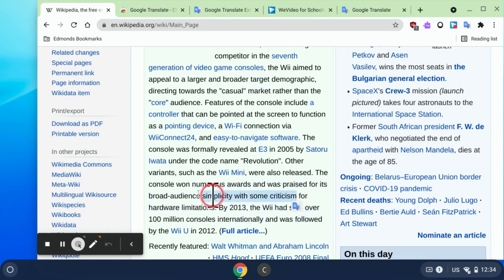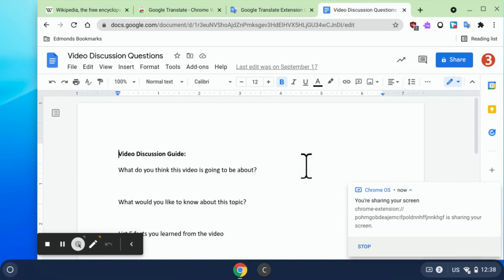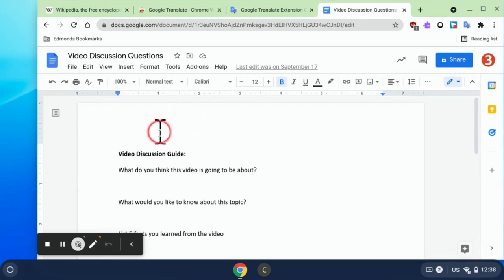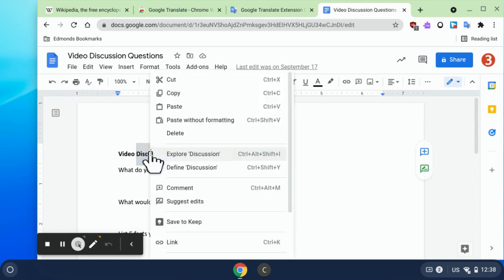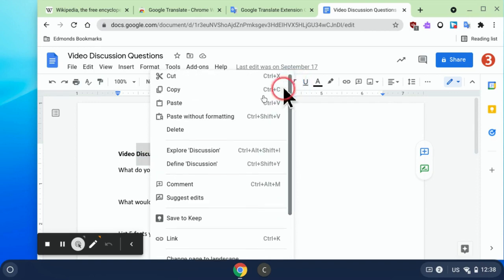If you notice, I did a phrase, I can select, and it will translate that phrase for me once I select that icon. If I am using a Google Doc, the extension for Google Translate works a little different. If I want to highlight and translate a word or phrase, if I right click, I don't have that same option. However,